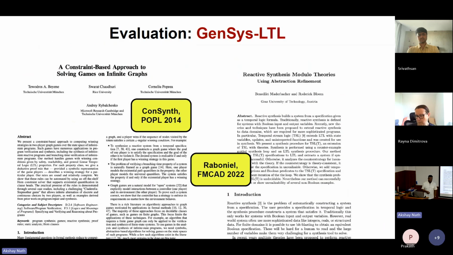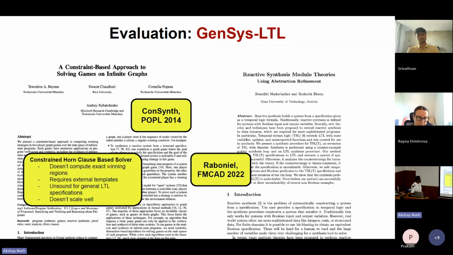experimental results. So what we are doing here is we compare with 2 tools from back then. One is Consynth, which is a constrained Horn clause based solver, which doesn't compute the exact winning regions. It requires external templates for the strategy. You cannot compute the strategy on its own for the problems that they consider. And for general LTL specifications, that is games which are not simple, it's actually unsound, we found, because it uses a non-deterministic Büchi automaton to take the product, which is not really sound,